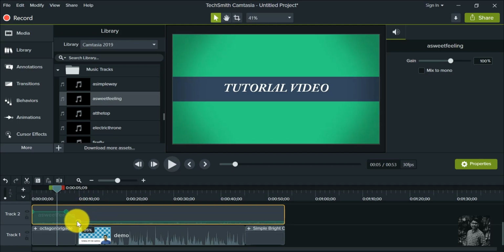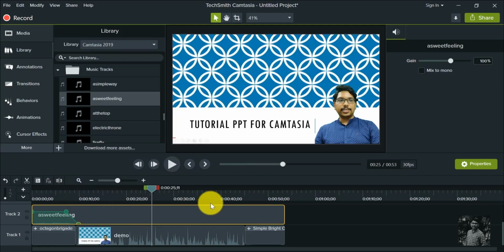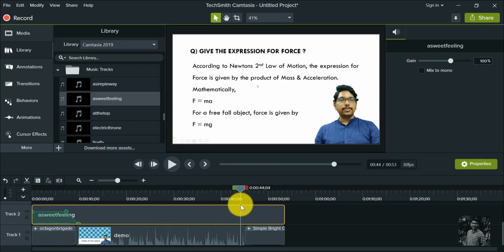So now what you can do is just drop the audio point where you need to reduce the volume. So I'm bringing the volume to almost 5%. You can see on screen, I'm bringing the volume to 5%. So up to here it is 100%, after which the volume is slowly going down to 5%.